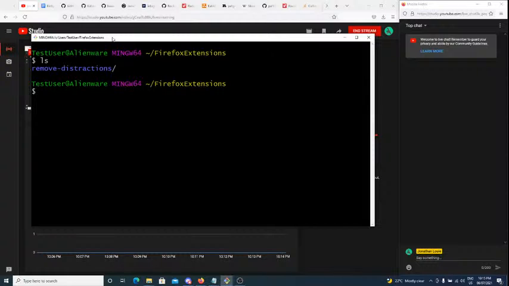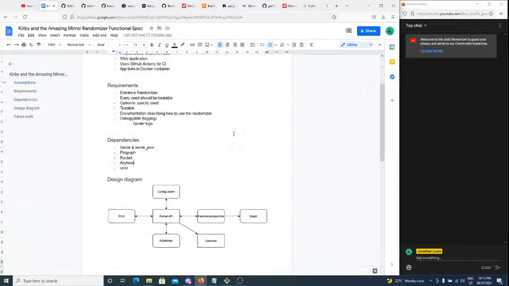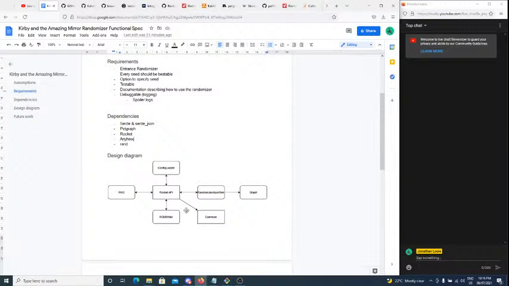Next on my list we have, oh yeah, the functional spec. Before we dive into other things here, I did want to show off the functional spec in Google Docs again. I've updated the diagram a bit. I realize that this is a little bit more realistic. We have the Rocket API just talking to all these interfaces. This interface for the randomizer algorithm will have a dependency on the graph interface, so the algorithm itself will be the one saying, okay, do these swaps on these edges. I figured that this was a better interface.